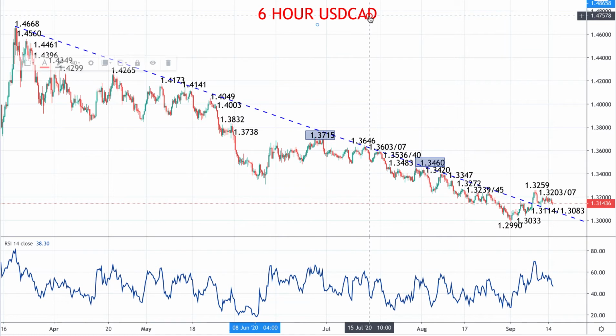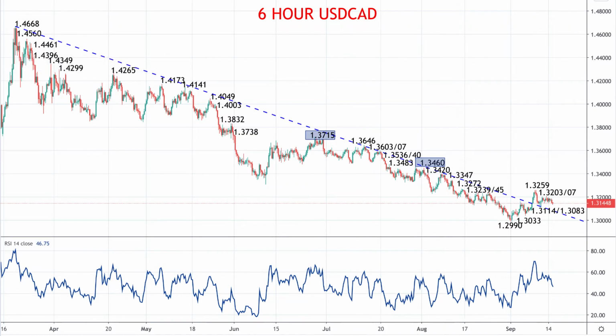US dollar versus Canadian dollar, USDCAD. Well, a more negative theme trying to resume in here. We have had this push higher, dollar CAD higher for the early part of September, actually reversing this longer term trend line that comes all the way from March, back here earlier in September, early part of last week. But the market recoiling back lower from